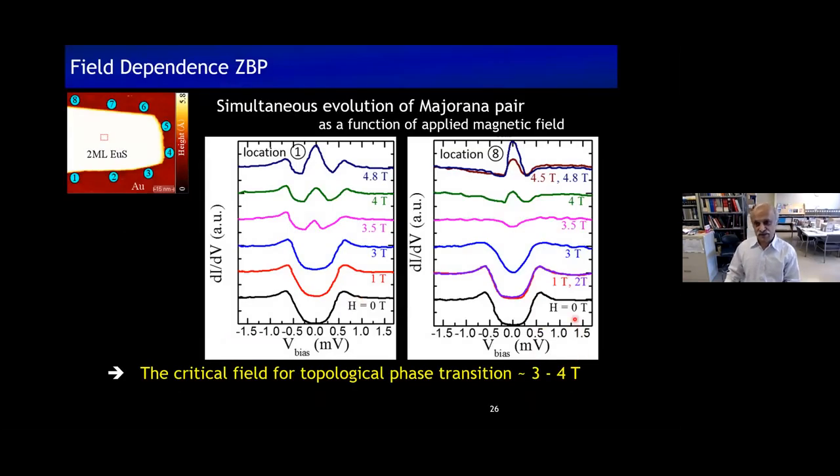Now we can also see, as a function of applied field, both in position 1 and position 8, as you increase the field, you go from a completely hard gap towards a sort of V-shaped curve, and then you start developing this zero bias peak. As you increase the field, you can reach this nice peak. We could not go any further than that, because that's the maximum field available to us. So the same thing happens for both 1 and 8. There is a slight variation in when the peak appears; you can already see the peak here, whereas this one takes a little bit of extra field to reach the peak region in the two locations. This particular island is about 60 nanometers this way and about 30 nanometers in this direction.